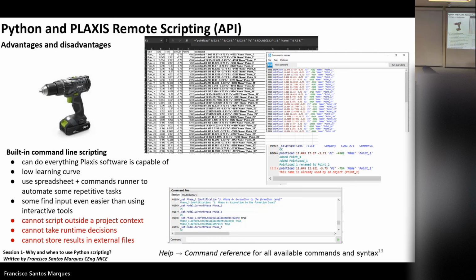And also, if you want to save the results into a text file, CSV, or Excel file, you cannot do it with the command lines. That's when you need to go to the heavy-duty equipment. So again, this is like a drill: you can do a lot of things, but you're still very limited in what type of activities, like heavy-duty activities.